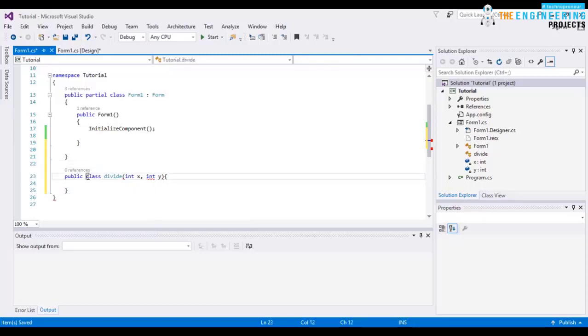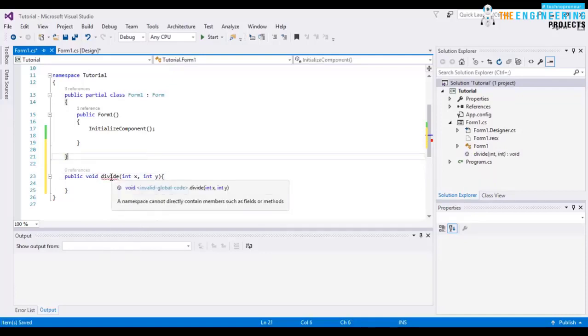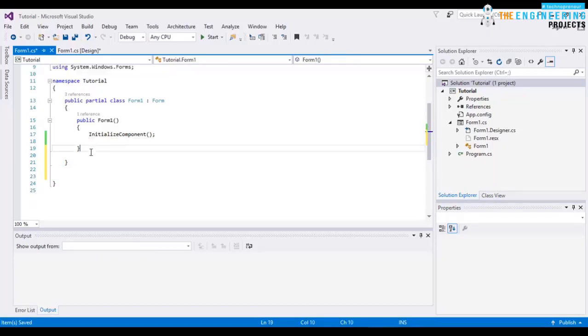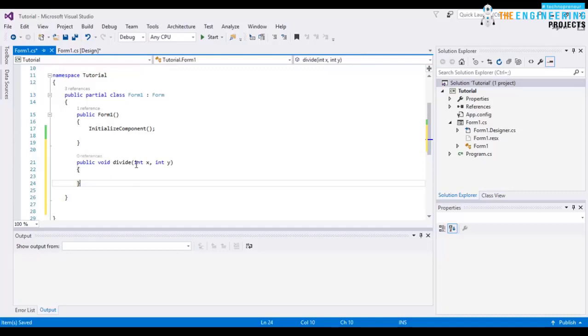Okay, instead of creating a class, I will make it void and declare it within the class. Okay, here now I will say try a code